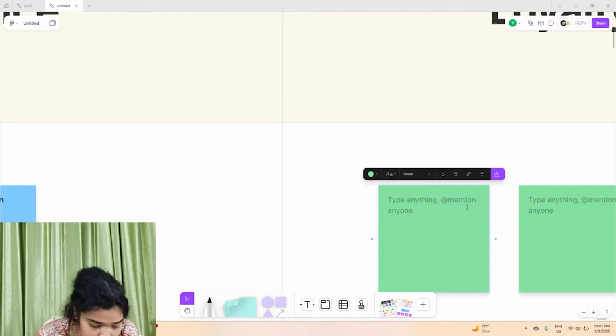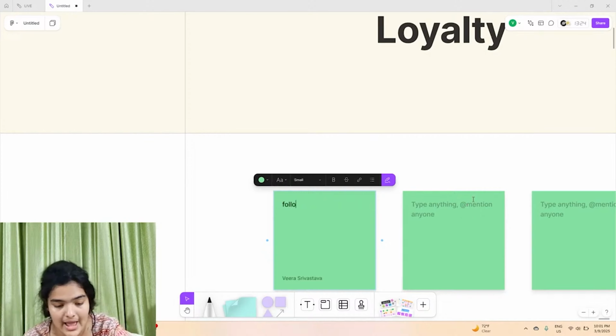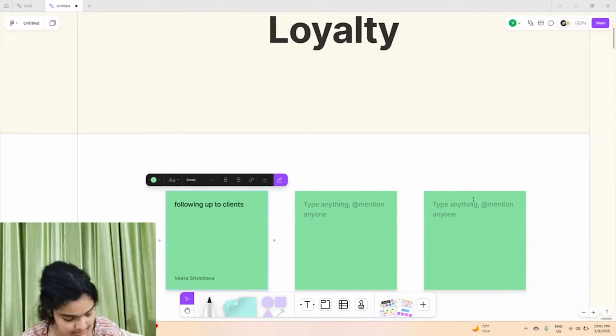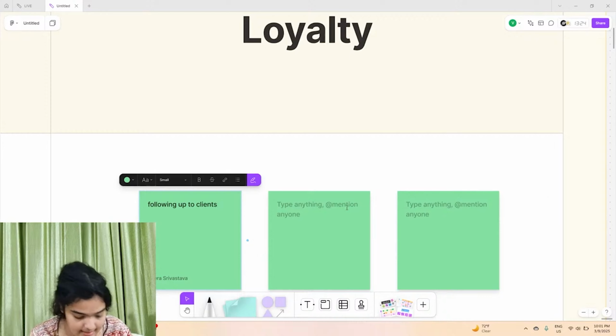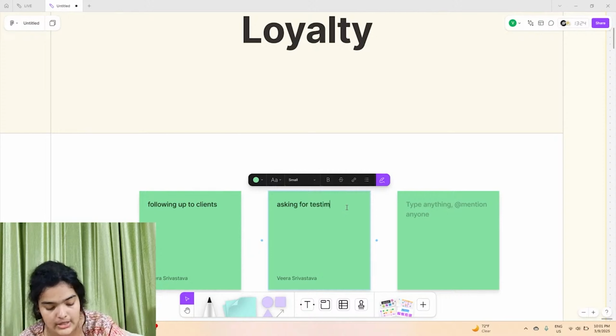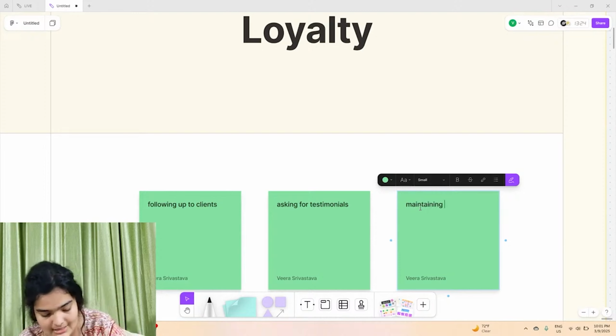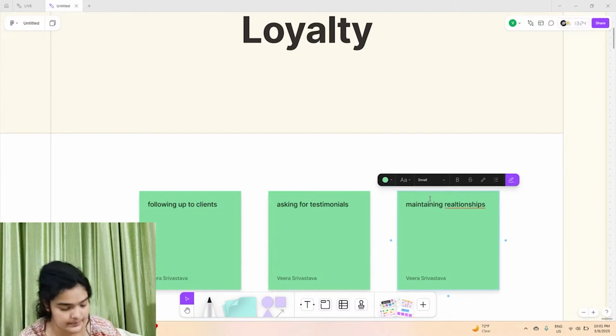So they're following up, asking for testimonials and maintaining relationships. They're loyal to their clients, following up with clients, maintaining relationships and asking for testimonials. As far as the loyalty phase is concerned, they're asking for testimonials, and also maintaining client relationships and past client relationships. So they're maintaining relationships with basically everyone to get clients, right? Next,